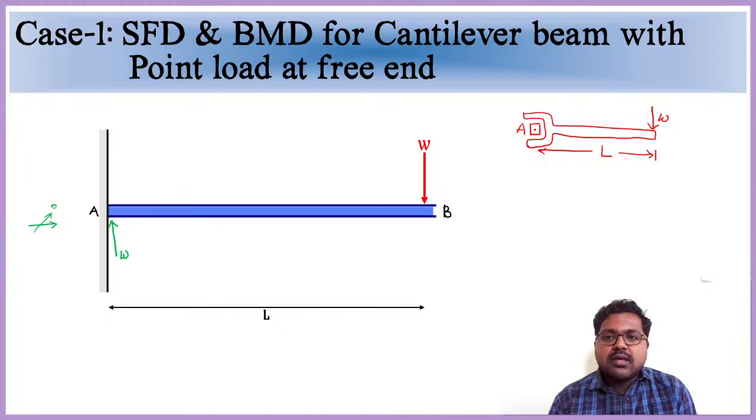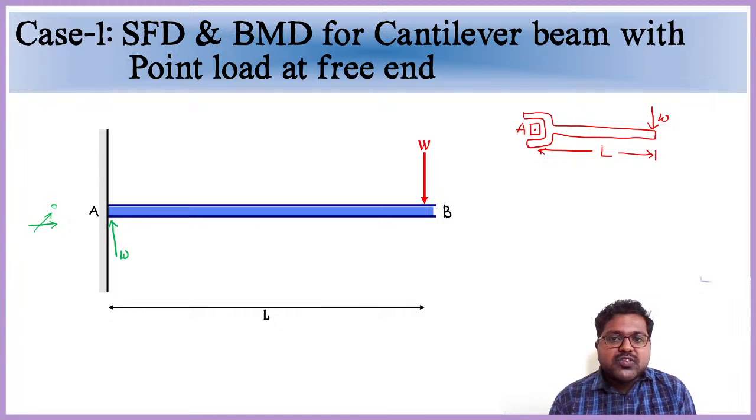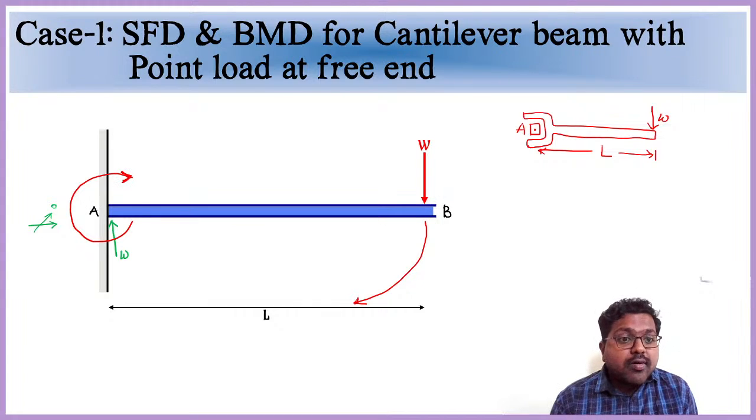Then what will happen? The wrench tries to rotate this point or bolt A. In the same manner, at point A, this force will try to rotate in clockwise direction. See, this is downwards, and at a distance of length L it is acting. So the force will try to turn like this, in a clockwise direction. So at point A, it will happen like this in clockwise direction. So to overcome this,